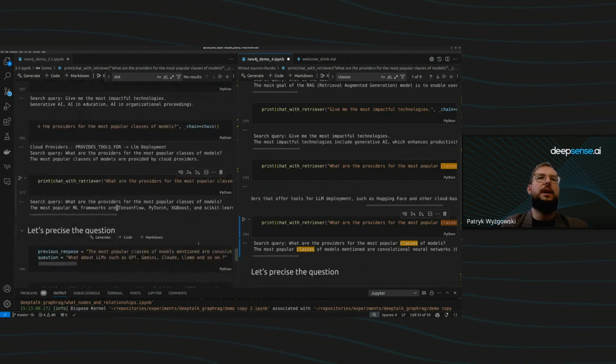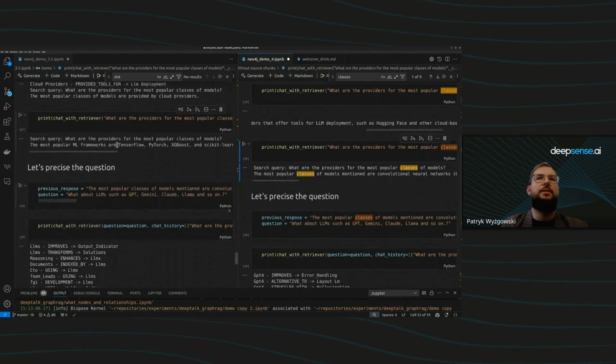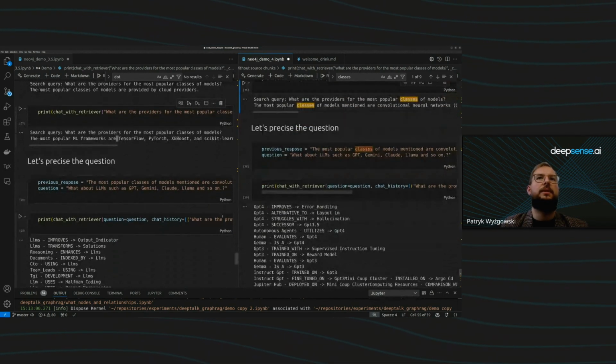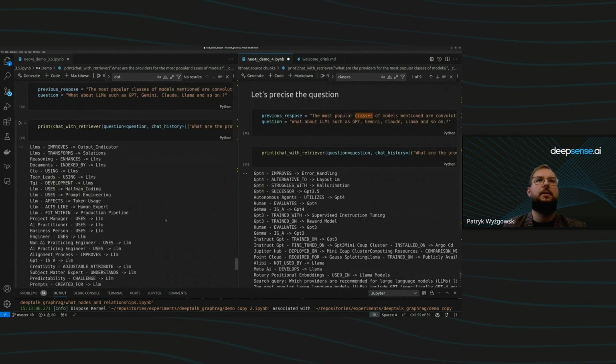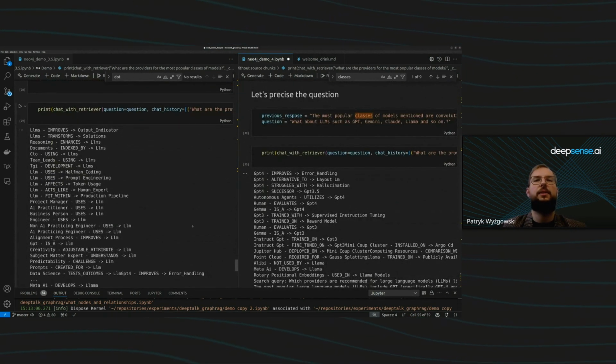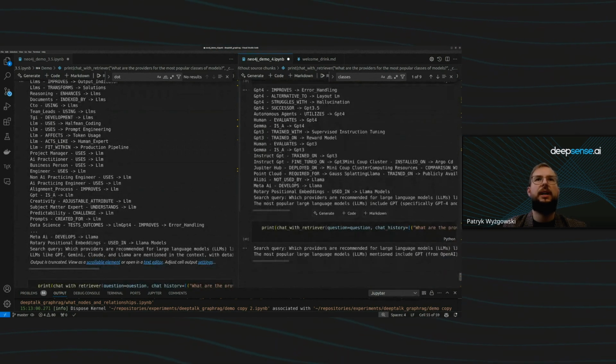We may want to help with providing some precision and use the previous response to answer. Here we can see the textual representation of our search through the graph. And finally, we have the answer about